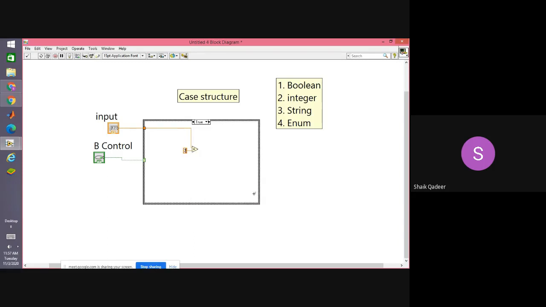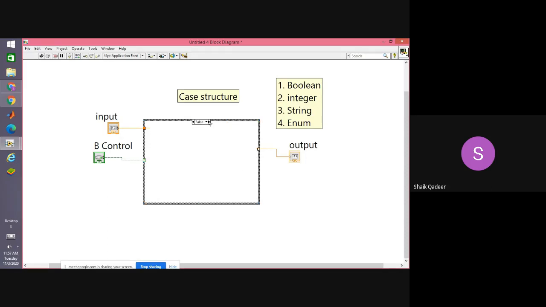Plus with 20. And connect the output to boundary. Right click here, create indicator. Call it output. Now go to false frame.